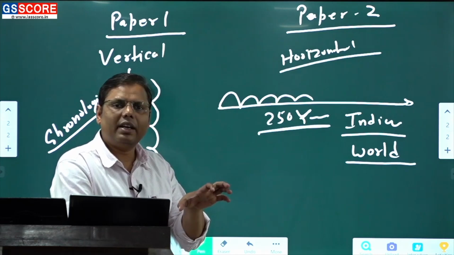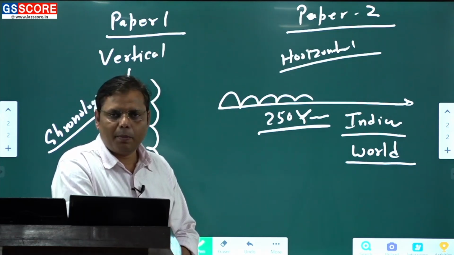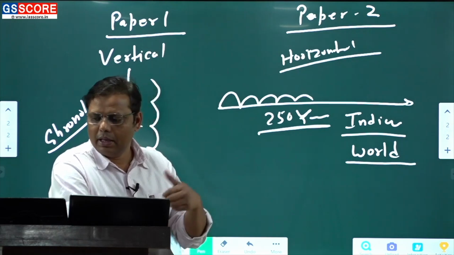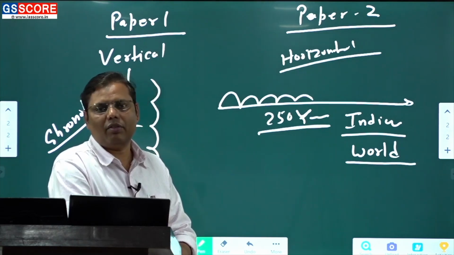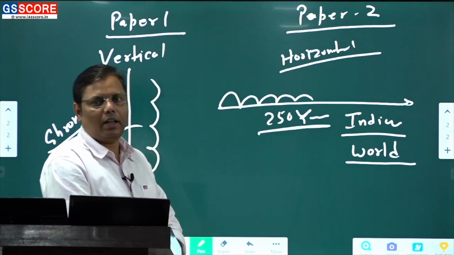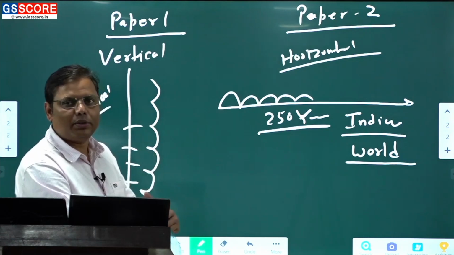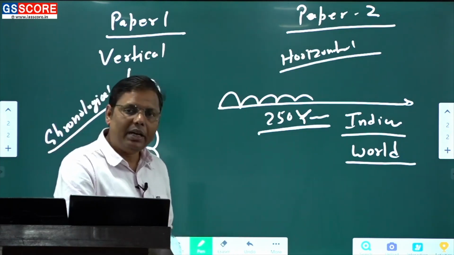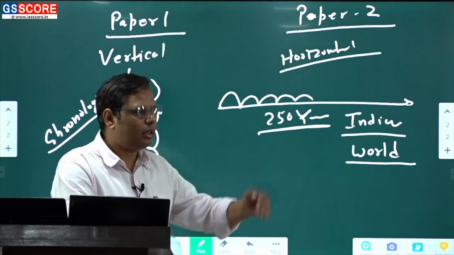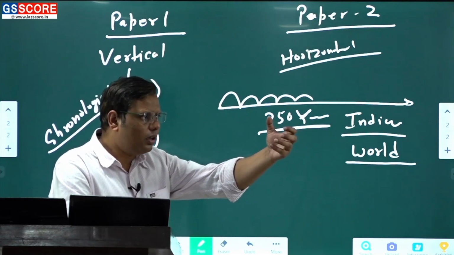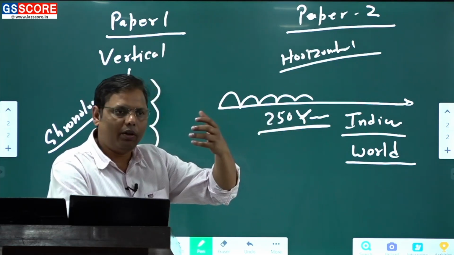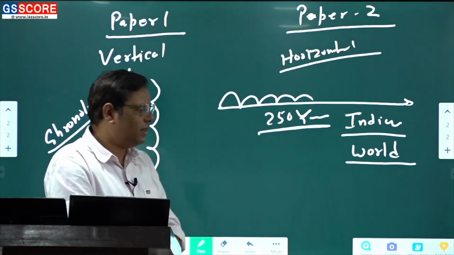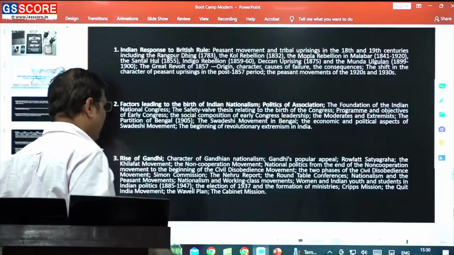But then it is a very general suggestion that I have been giving you. Now, as per the syllabus, for that we have to go to the syllabus and see what the important things are and how the syllabus should be covered. And then towards the end of the session, the way we had been doing it in the previous session, I'll be coming up with some of the important ideas that you need to incorporate while covering the modern Indian syllabus. So let's go into that part.